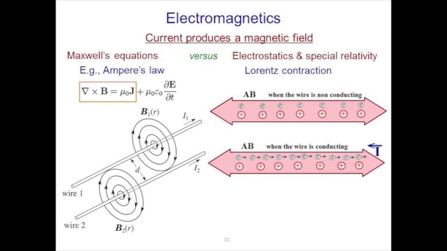One of these is Ampere's Law, which I've shown here, and in particular I've boxed the equation that says the curl of the magnetic field, B, is equal to something that's related to the current. So what this is saying is that if you pass current through a wire, it produces a magnetic field, and the picture shows that. If you've got 2 wires in which you're passing current through them, those magnetic fields interact and the wires can either attract or repel each other.